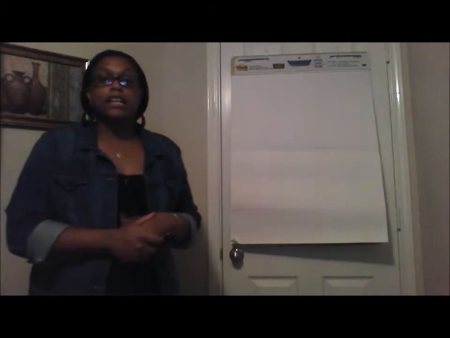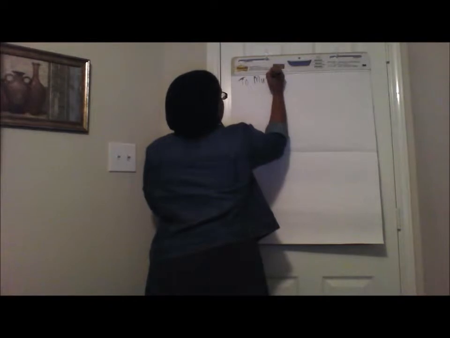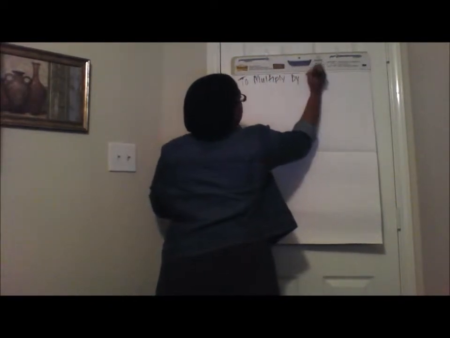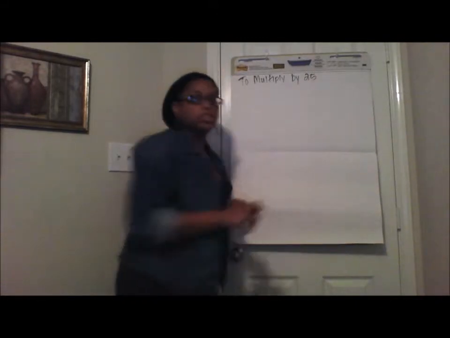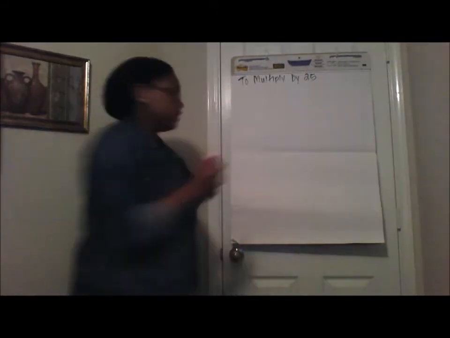Alright, so today we're going to learn how to multiply any number by 25. By doing that, there are 3 steps that you need to follow. To multiply any number by 25, the 3 steps are: step 1,